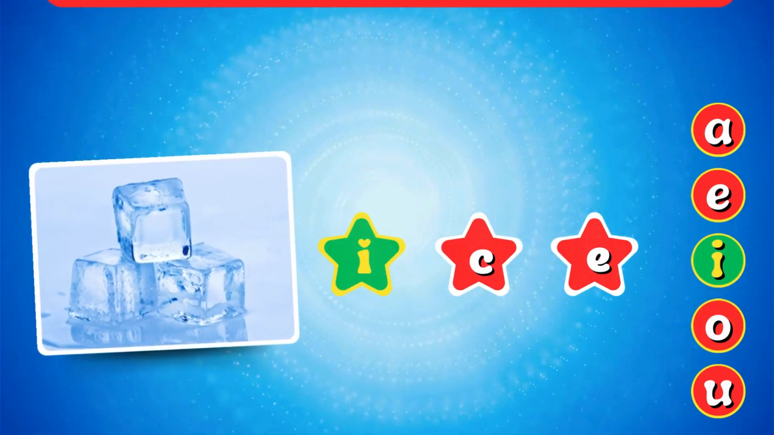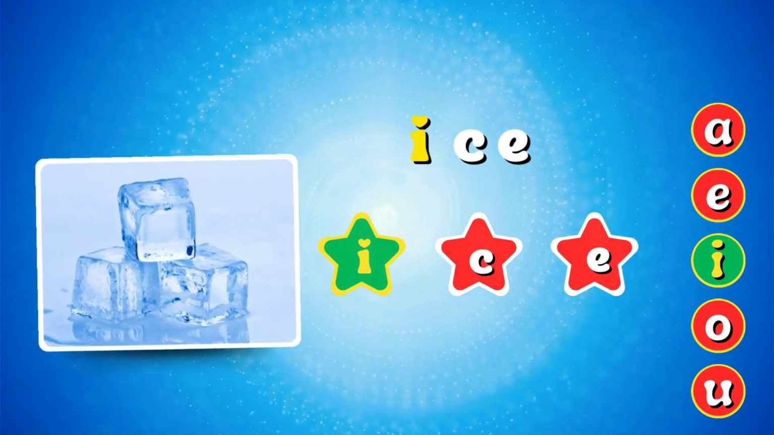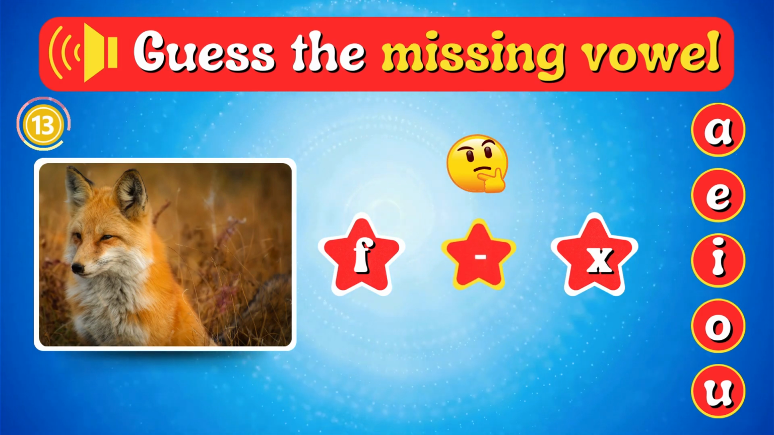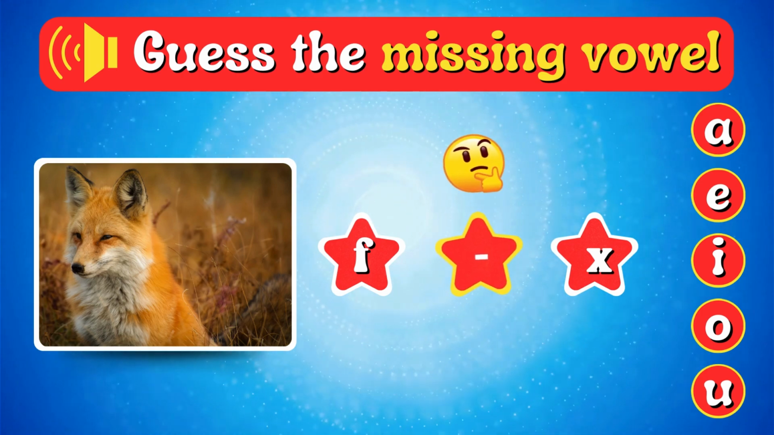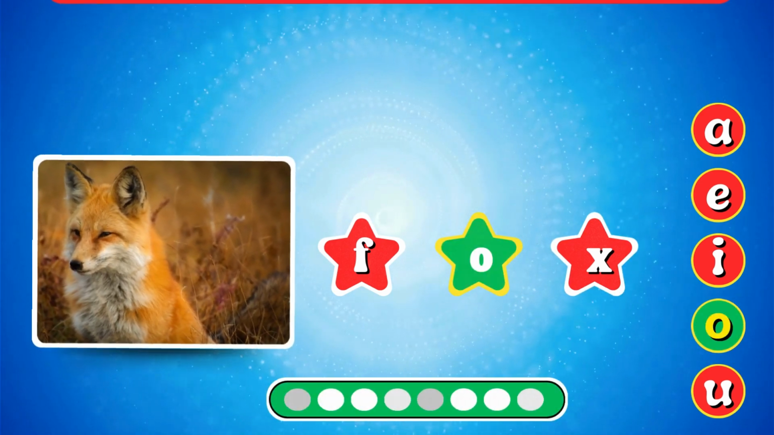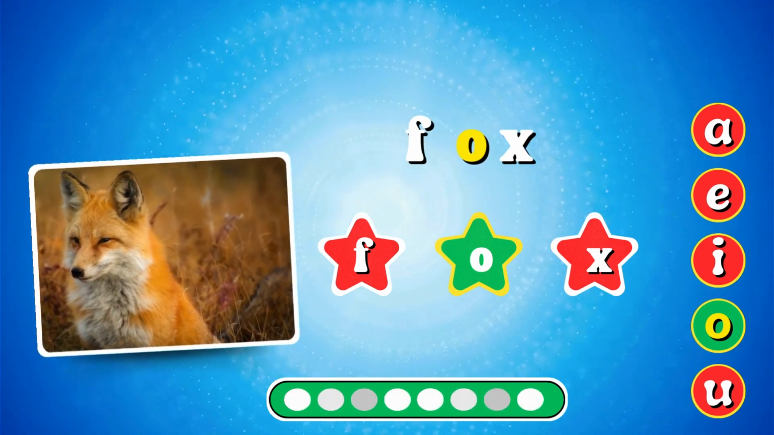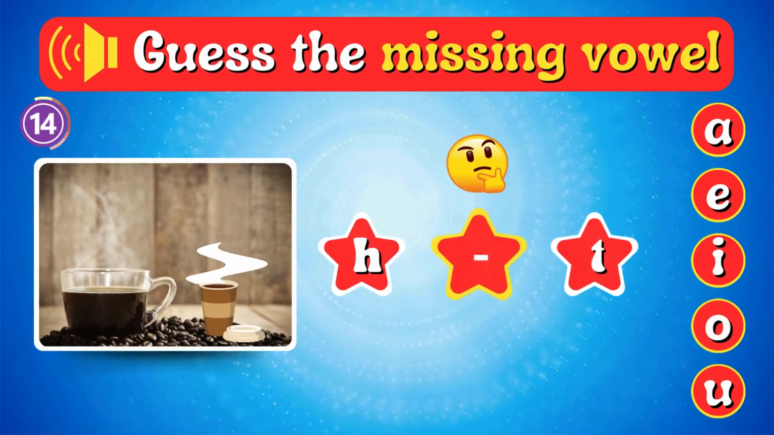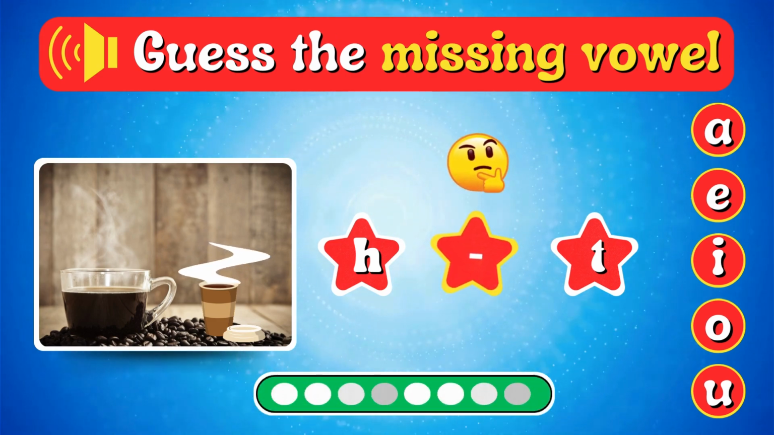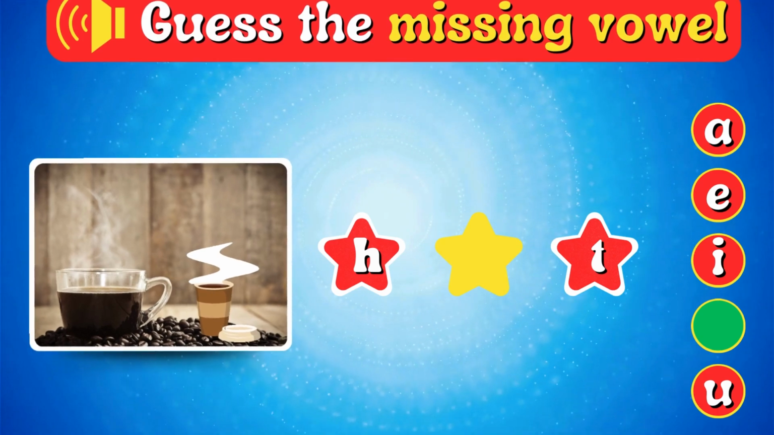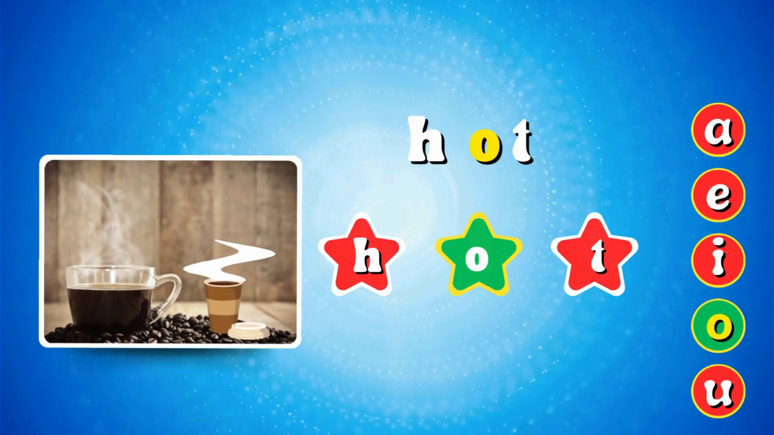It's I. I-C-E, ice. Next, guess the missing vowel. It's O. F-O-X, fox. Well done. Next, guess the missing vowel. Yes, it's O. H-O-T, hot. Next,